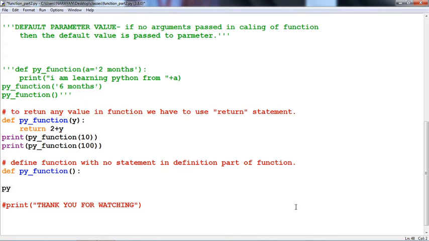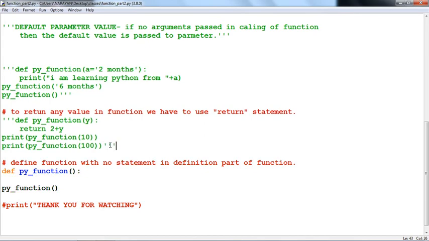Now let's run this program and see what the output will be. That means you cannot have the definition part empty. If you define a function, then you have to give some statement or block of code in the definition part. So just run it.